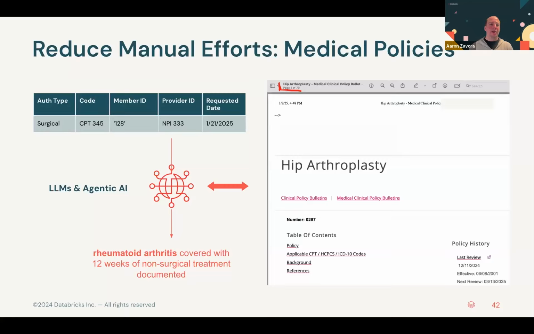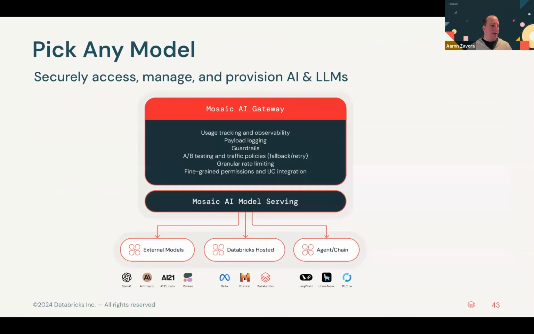Additionally, I can say, well, given that this patient needs 12 weeks of non-surgical treatment, I can use generative AI and LLMs and Genie spaces to actually talk to my data and understand, does this patient have that 12 weeks of evidence? So a way to make your manual efforts much more efficient. And at the end of the day,